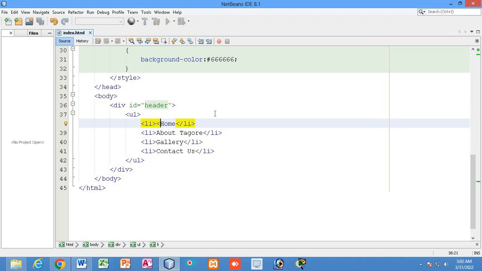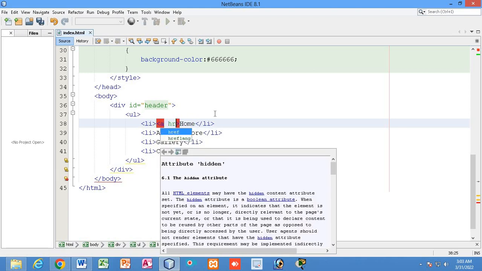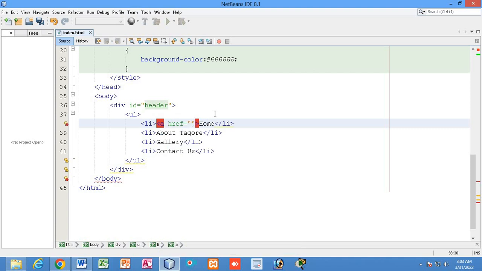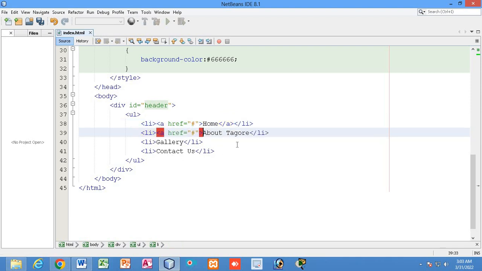Now I will use the anchor tag. So I am using the anchor tag.